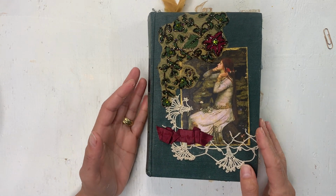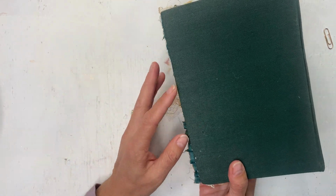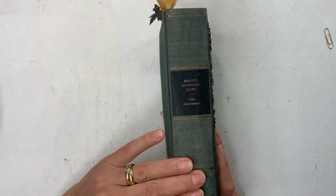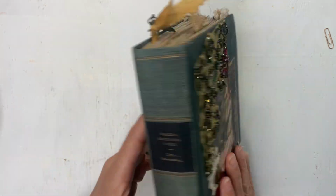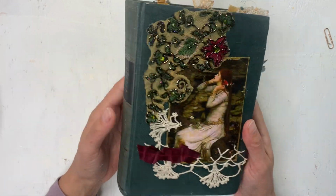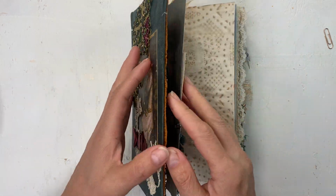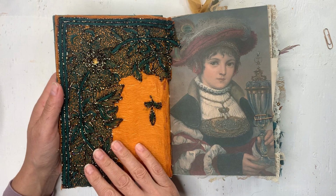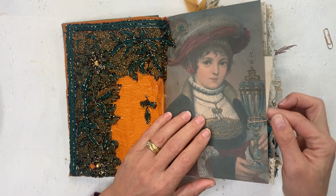It's more or less the same size, and just some decorations. This one it's just a little dirty. I didn't cover the spine. I actually like the spine. It's a little lighter than the back and the front, but I decided to leave it as is. This one has a sari silk on this side, and then this is an image from Graphics Fairy again,